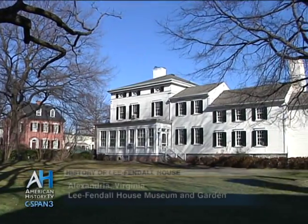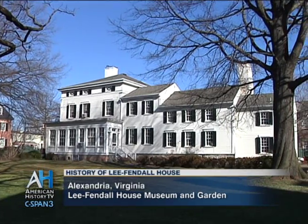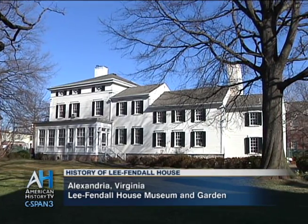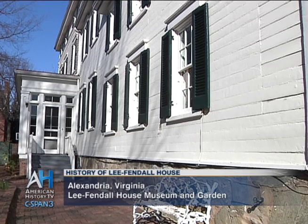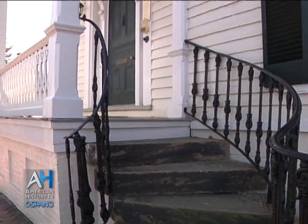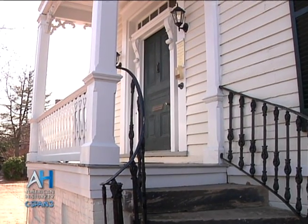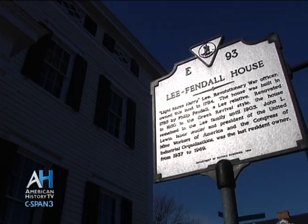We are at the Lee-Fendall House Museum and Garden in Alexandria, Virginia. In 1974, we opened as a museum, and we have been operating as a museum to preserve the site, to educate our local community and our visitors about the families who have lived here, about their importance, not just nationally, but regionally, and to talk about the many developments in American history that this house has had a chance to